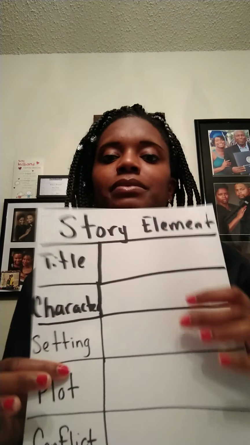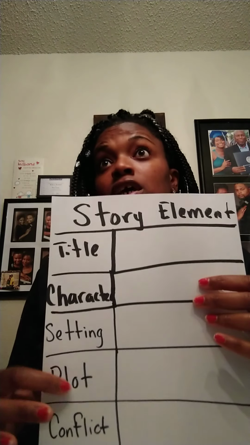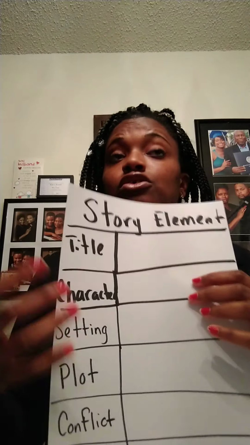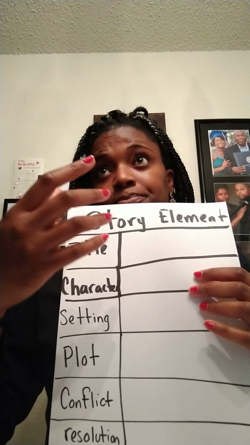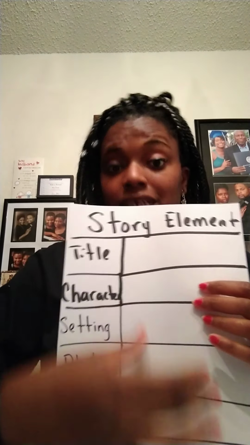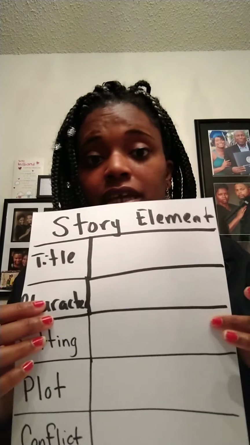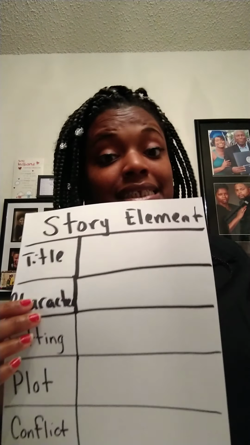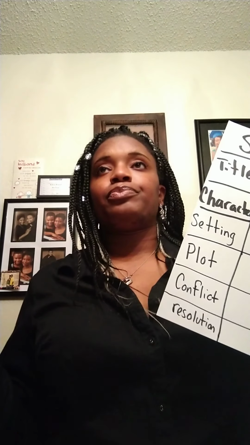Also, the plot, what happens in the beginning of your story: the Three Little Pigs each have to build their own house, and they get materials from different people. In the middle of the story, the big bad wolf blows down the houses of the first and second little pig. And at the end of the story, they run to the big brother pig's house, and the wolf tries to blow it down, and he doesn't. And in some versions, which the kids like, they boil water, and the wolf comes down the chimney, and he shoots back out because the water is burning him.